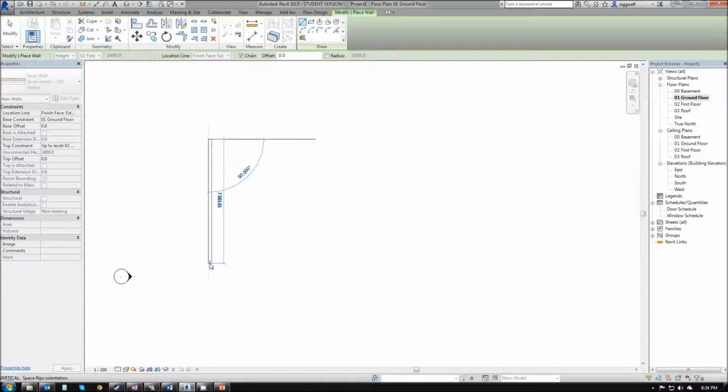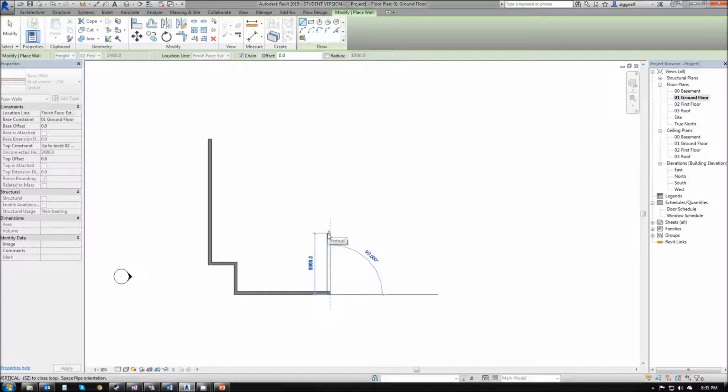So I'm going to go ahead now and make sure that's at 90 degrees, and I'm going to start typing in my wall dimensions. Now this particular one is 10250. I'm going to type that in, press enter. Across the right, start typing 2000, press enter. We're going to come down 2400, cross to the right, 7493. I'm going to go up 6400 and across to the right